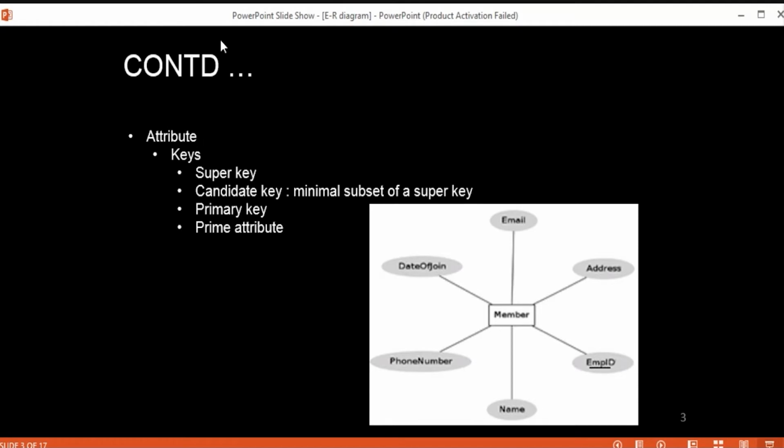For example, a student has name, age, address, roll number, course, grade. Those are the attributes of that particular entity set student.